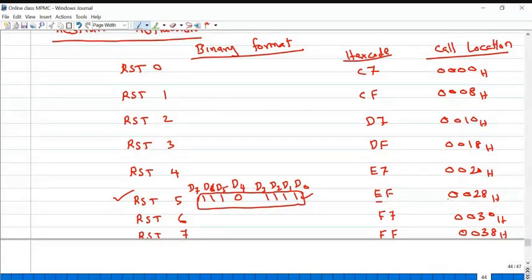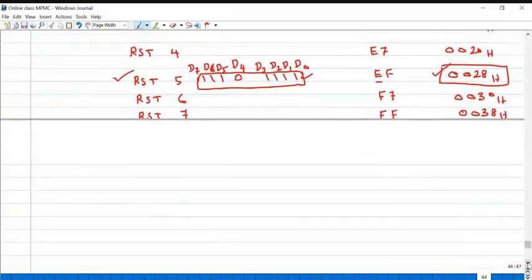So the processor needs to transfer the execution to this particular address location. Whichever instruction is stored starting from this address location, it starts executing, and whenever it finds the return instruction, it comes back to normal operation, right? Okay. Now remember this RST 5 instruction hex code and address location. Hex code as well as the address location. And what is the binary pattern for the corresponding hex code? Right.